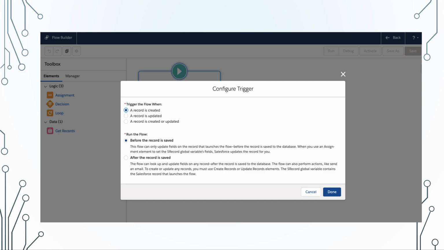So once you build a flow, you can configure it: trigger the flow when a record is created or updated, or whether it is updated as well as created. And then you can also define when you want to run the flow. So do you want to run it before the record is saved, or after the record is saved? This is really nice.